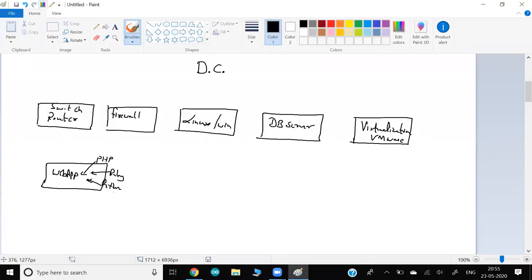So typically, guys, in any core data center, almost all the domains' respective technologies and tools are running. Even though nowadays, if they run on their own physical data center, that is called on premises.